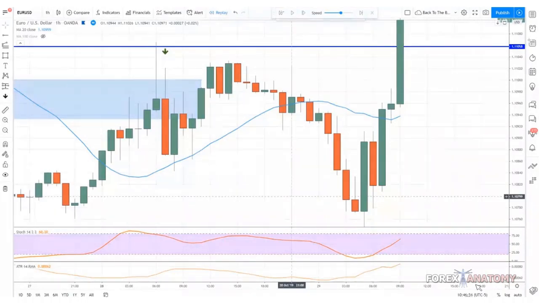Now, you got a lot of traders that have been trading for years. They don't even know how to do this simple stuff right here, as far as how to properly read a price chart. But once you learn how to do it, then now you have the keys to the kingdom.